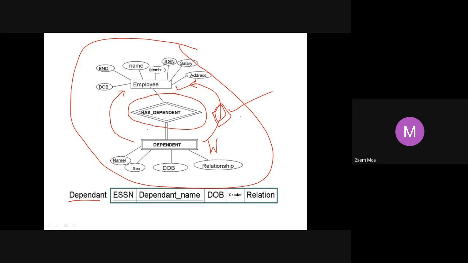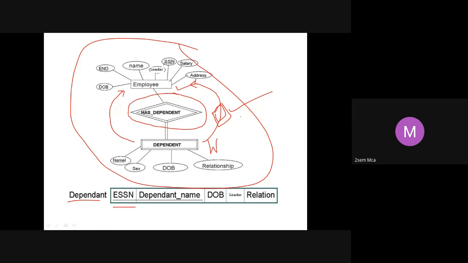All right. Now, the weak entity also should be converted into a table, but since a weak entity does not have a primary key, we use the owner entity. Which entity is the owner entity here? Employee. What is the primary key of employee? ESSN or SSN.